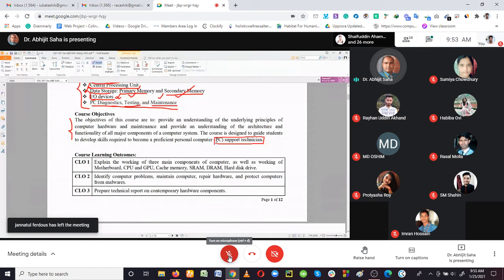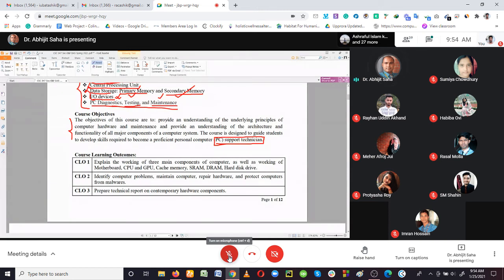This is the main keyword for our course. We want to make sure that we are going to handle our computer system by our own. We are not going to move here and there for fixing the minor problems of the computer system. To do that, we should study this course properly. If we learn the topics in this course properly, then we'll be able to handle other people's computers and help others as well to fix their problems.